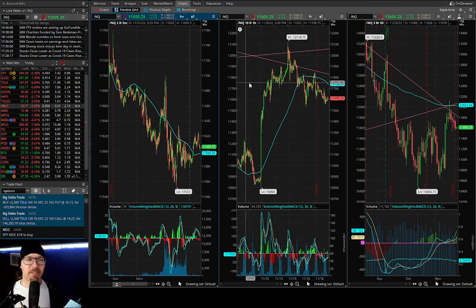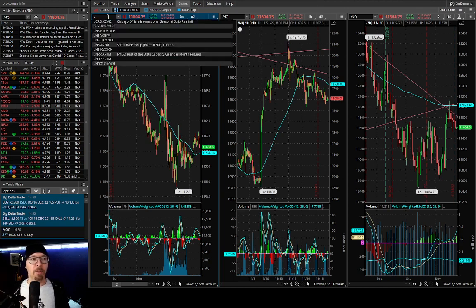So this one here, just an example. I don't actually know why I left it in this one, but it's an example here. You can see that all of them are pointing at NQ, which is the futures version of the NASDAQ or QQQ, for those of you who are into the tech space. We are using the red group here. So all three of these charts are set to the red group, and you can do that when you want all of your tickers to change to the same